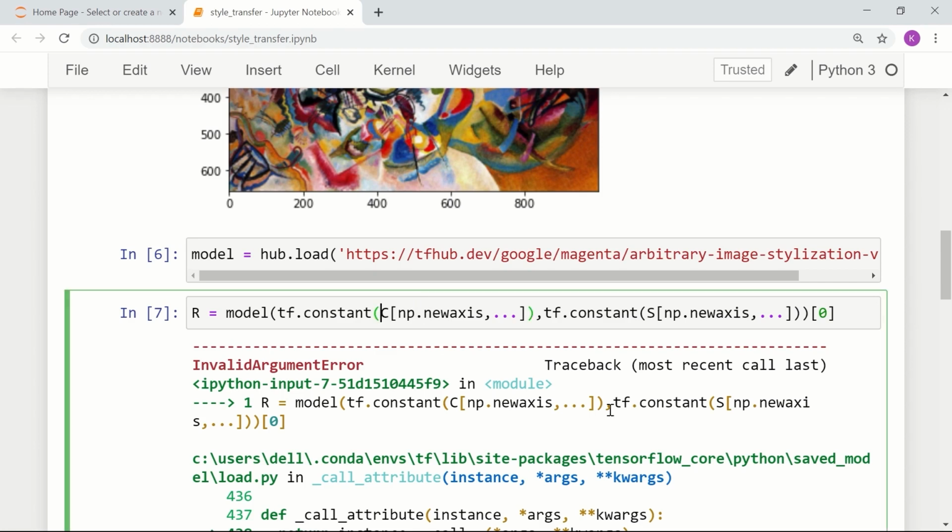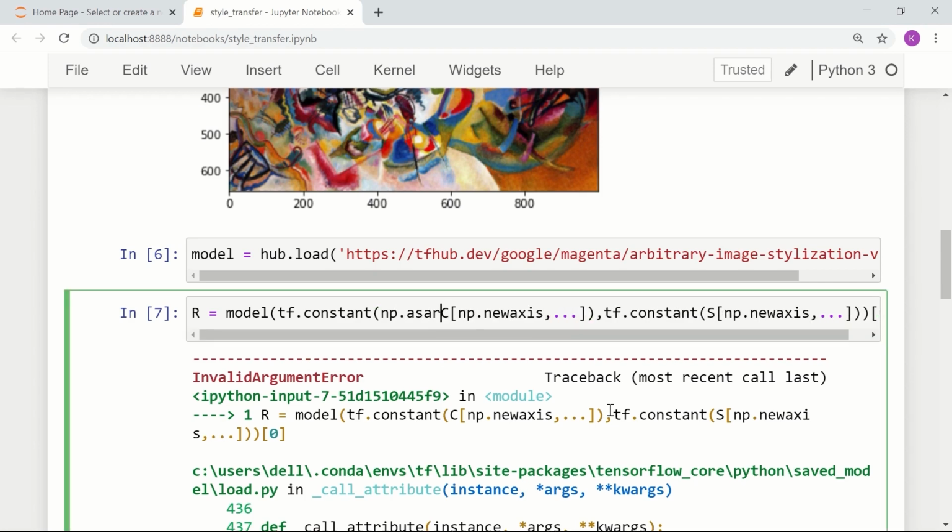So why not convert here? np.asarray of this as float32, and similarly np.asarray as float32 for the style.